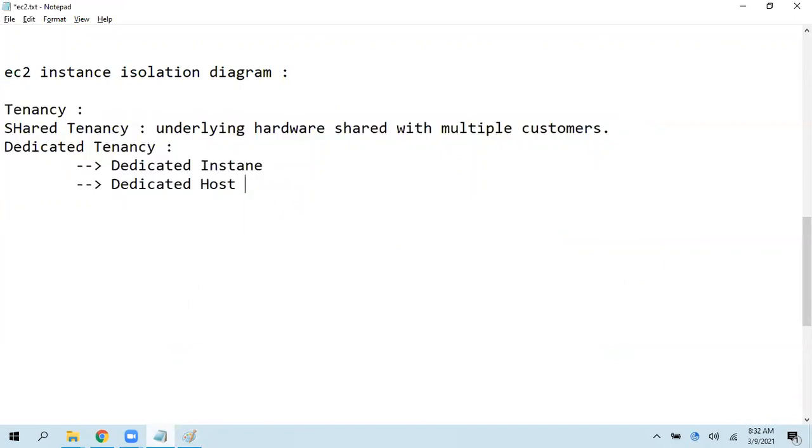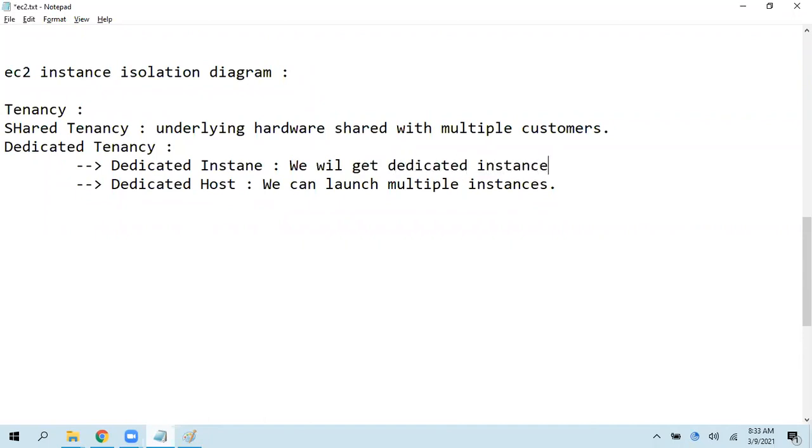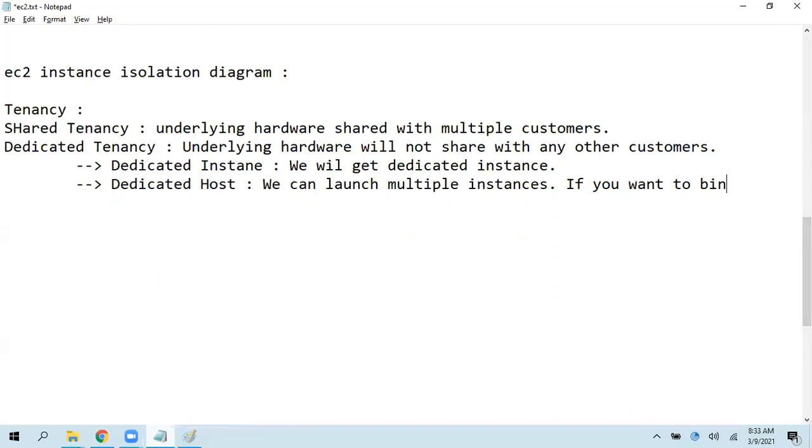On a dedicated host, we can launch multiple instances. Technically, those are dedicated; on your hardware, you're launching instances. But here, we will get a dedicated instance. In both cases, the underlying hardware will not be shared with any other customers. More visualization here. And if you want to bind any licenses to CPU or memory resources,